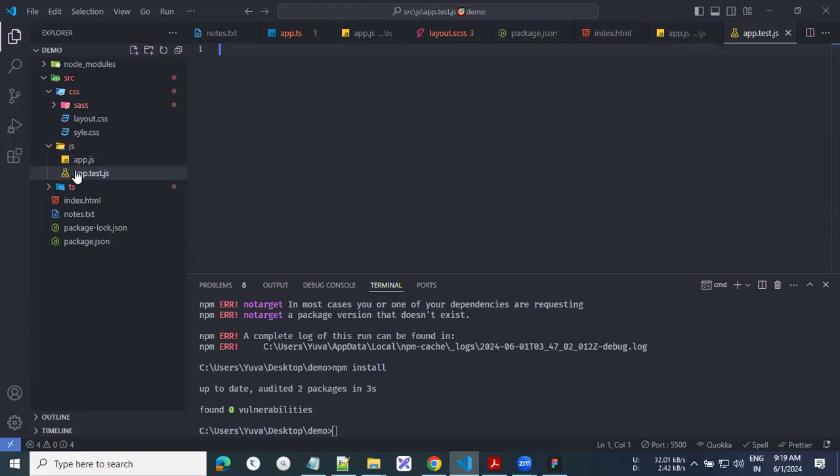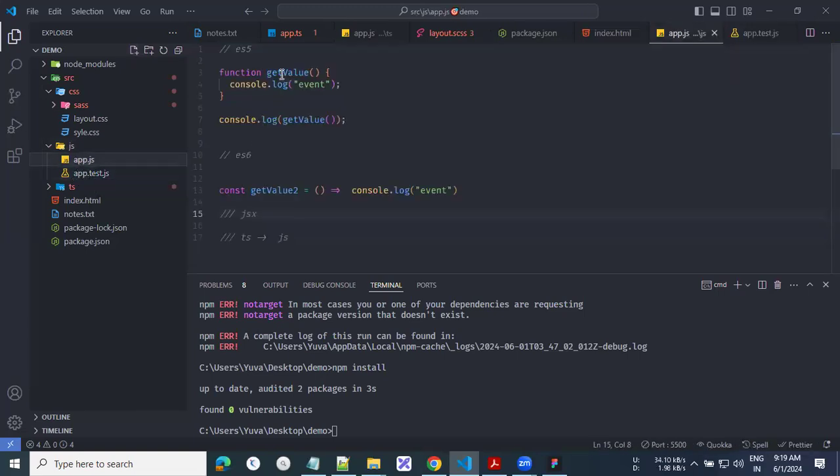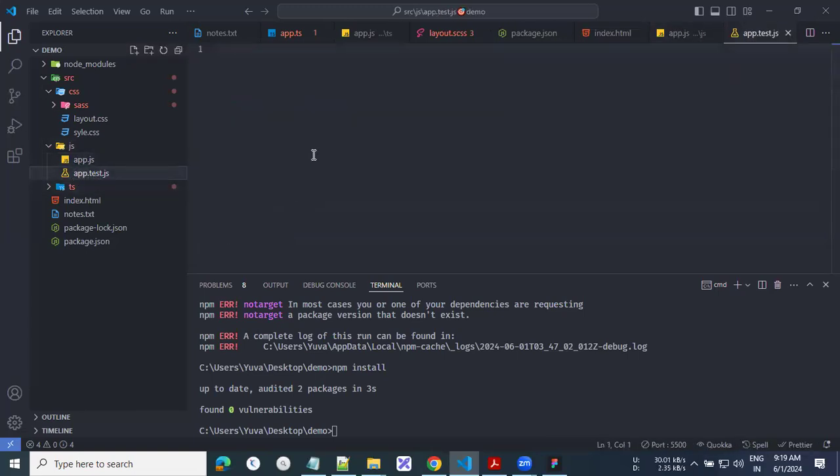This is the testing file for my application. So I will write unit testing of this method. I will import my get method, getUser, from that file,